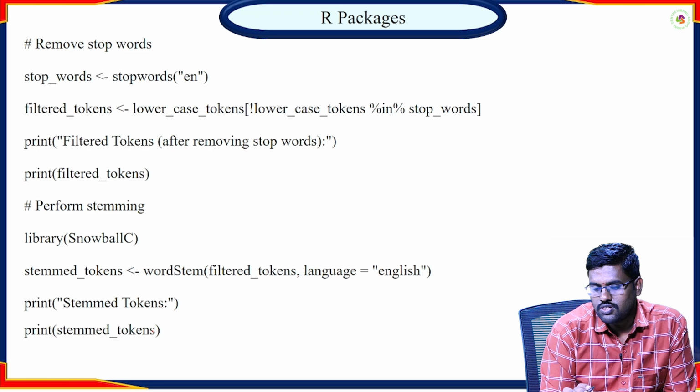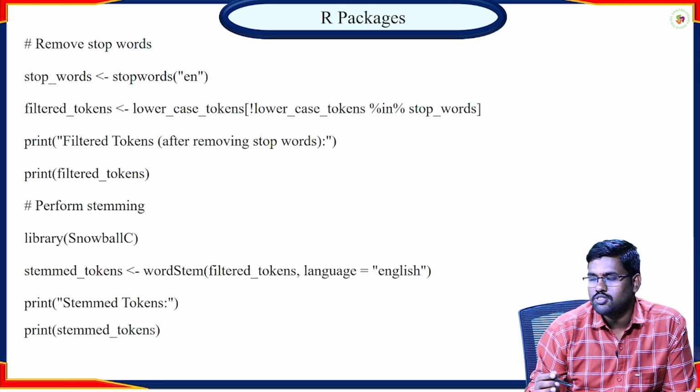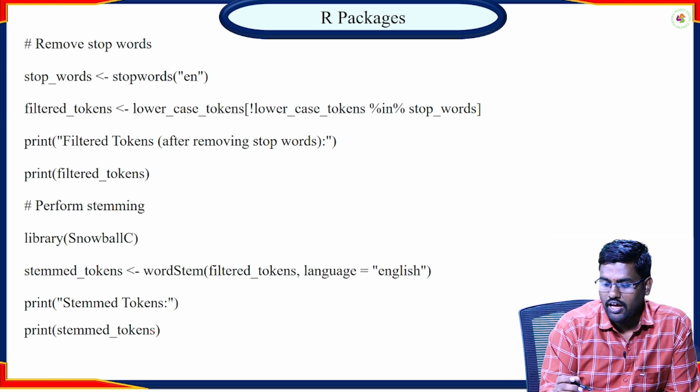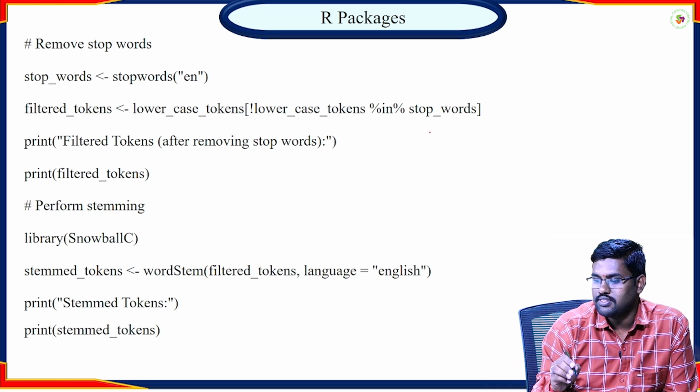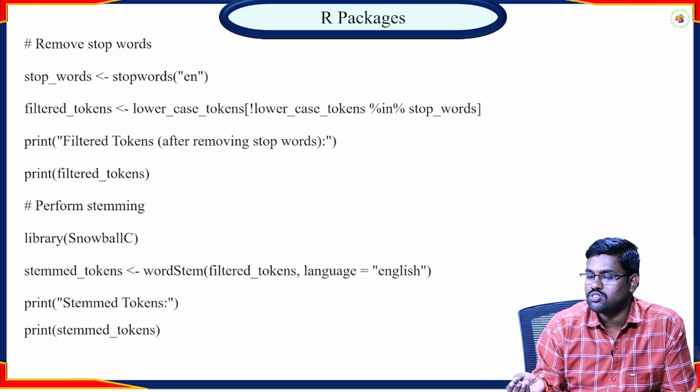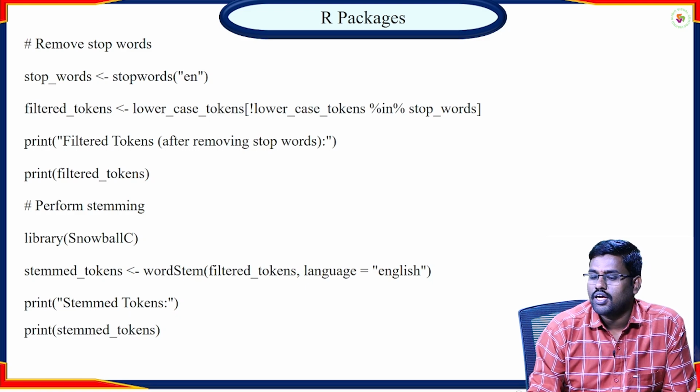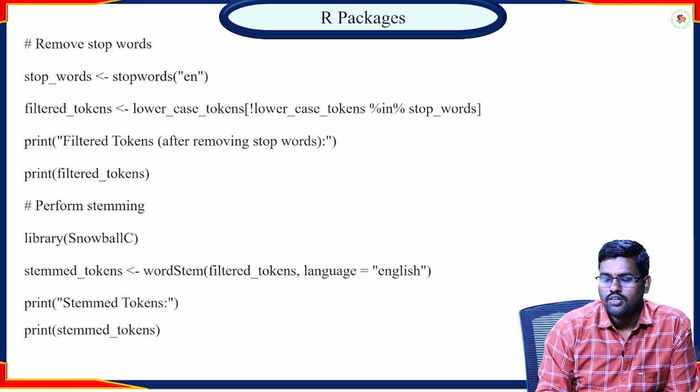Stop words uses stopwords of en. Stop words means in, as, or, and, has; these all belong to stop words. I want to filter the lowercase tokens: lowercase tokens that are not in stop words. Those lowercase words that do not belong to stop words we need to consider. Otherwise, we have to remove those stop words from the structure. So next,